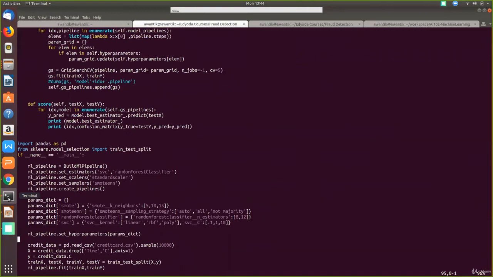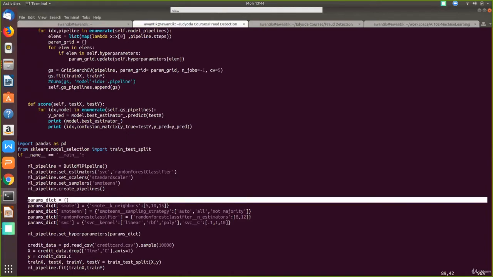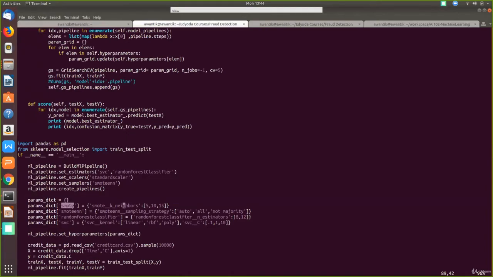As of now, till the previous video, we have created the pipeline. Now we want to provide all the various configurations for anything that is participating there. We have SMOTEENN, right? So we have one configuration like this. You can see this is the dictionary that I'm creating, and this is one of the samplers or scalers, right? And this is the possible configuration.